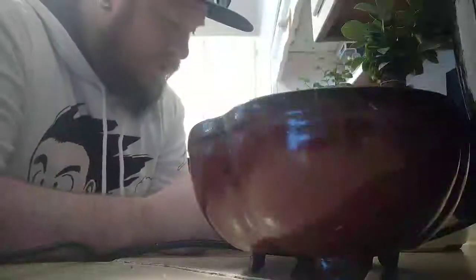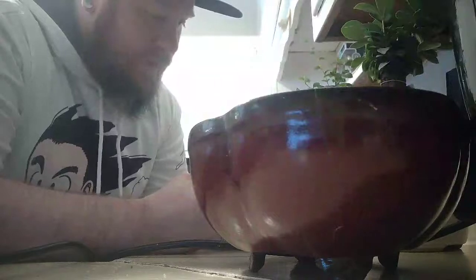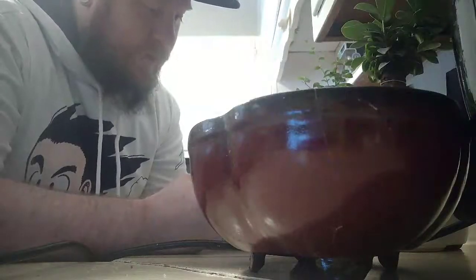Goodness gracious. I'm glad this thing has pictures. I'm glad it does, because I would be struggling if this thing did not have pictures to find the plant itself. I would show you the picture, but you kind of... Can I do that? Maybe, give me a second. I'm gonna be quiet, but...